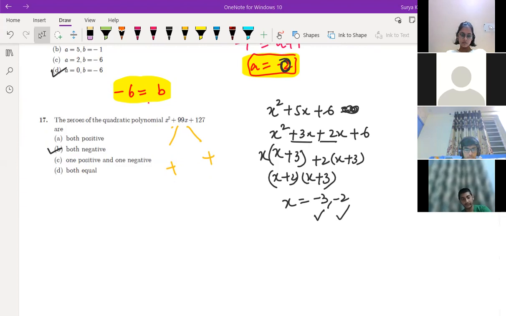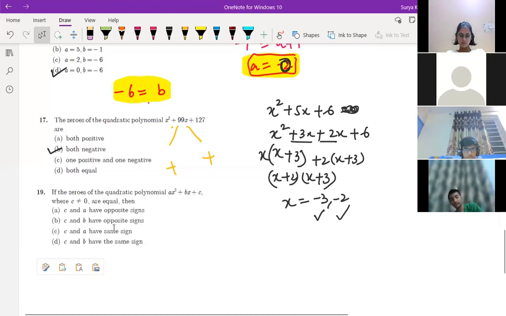Okay, next question. Drishi, you understood before only, no? Yes, sir. Next one is question number. Zeros of c is not equal to 0. Assertion reasoning will be difficult, right? Assertion reasoning if you do.